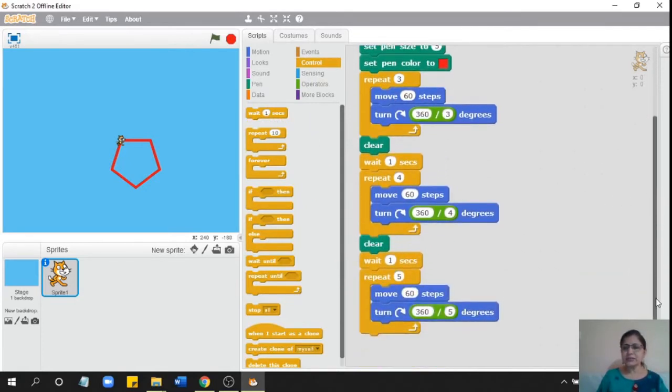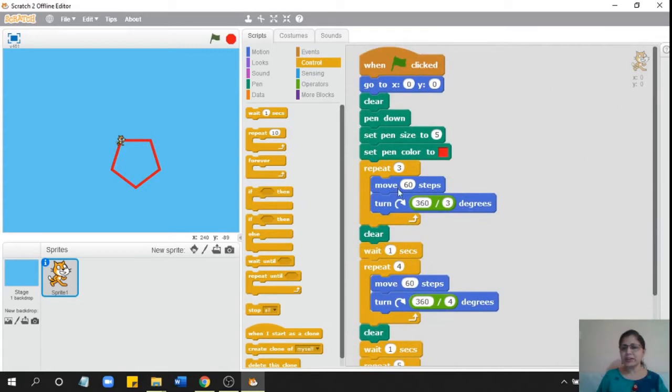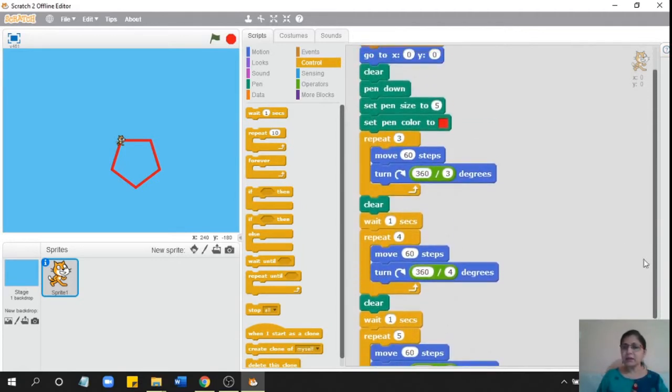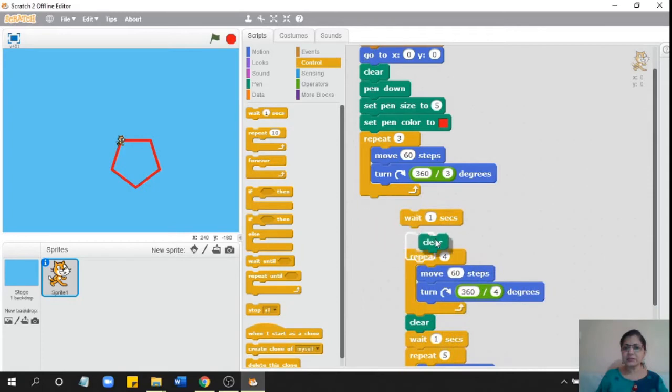So what I'm doing is, I would have repeated this 3 times, 4 times, 5 times, 6 times. I've only done up to 5, but I can go on and on, 6, 7, 8, 9, 10. But I would be copying that block and making my code very long unnecessarily. Now see if I run this, it is drawing, clearing, drawing, clearing. It is waiting for 1 second each time. I gave my wait, and this will be more perfect.